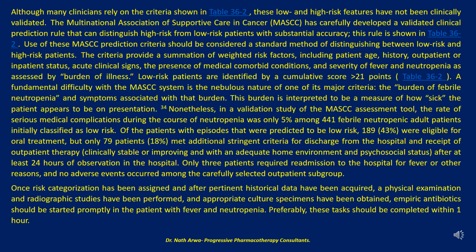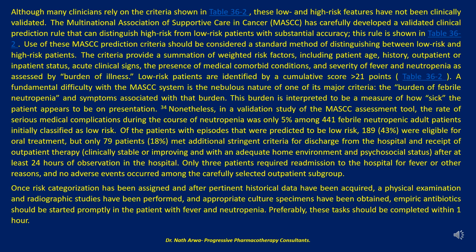Of the patients with episodes that were predicted to be low risk, 189, that is 43%, were eligible for oral treatment, but only 79 patients, that is 18%, met additional stringent criteria for discharge from the hospital and receipt of outpatient therapy: clinically stable or improving and with an adequate home environment and psychosocial status, after at least 24 hours of observation in the hospital. Only 3 patients required readmission to the hospital for fever or other reasons,